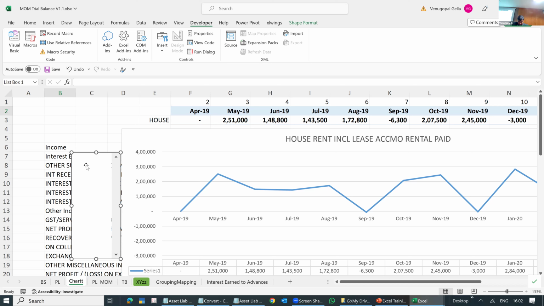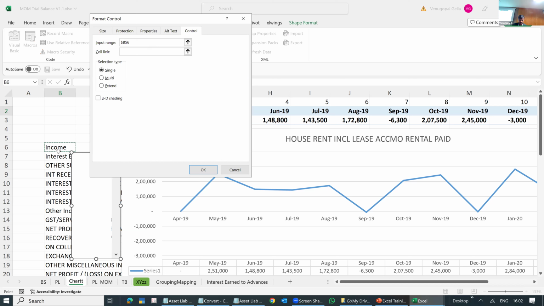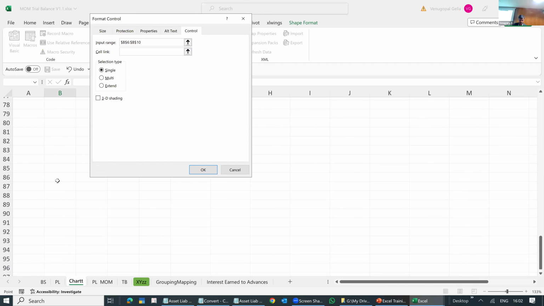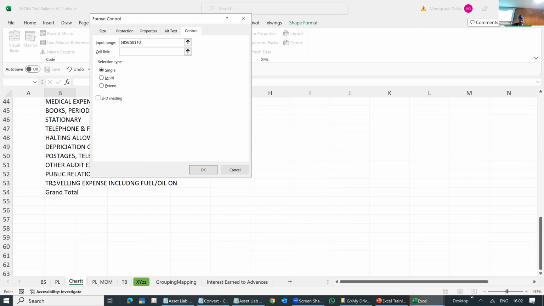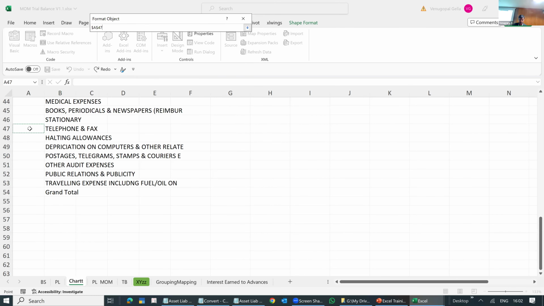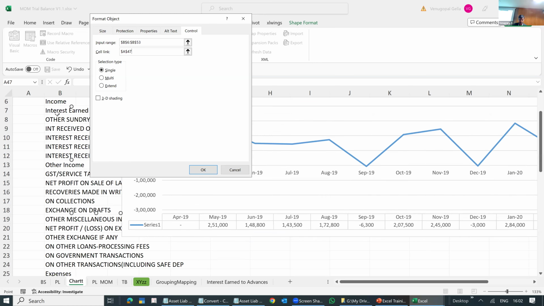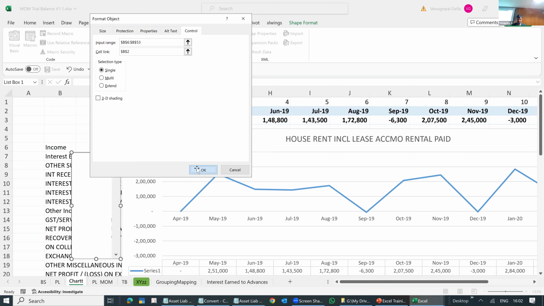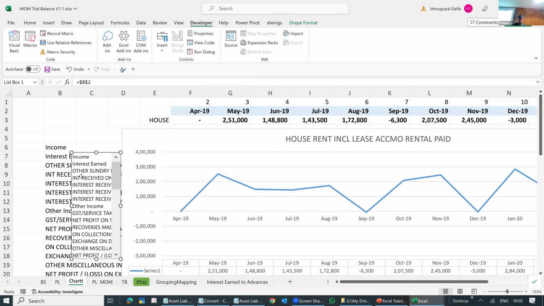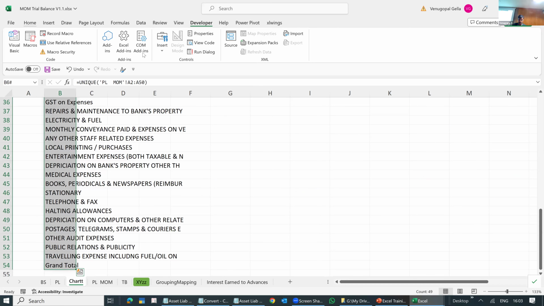Little handicapped with this mouse, but that's okay. So I'll say these are the items. Okay, now you see. For the ease of it, I'll just make this.